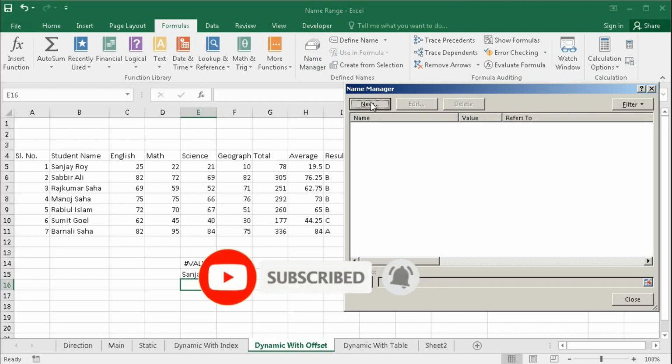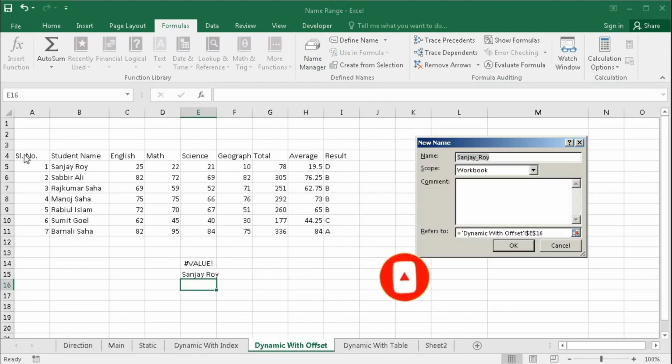Click on the name range, create new. If I want to create a name range for the total table, then first type the name of the range, that is student data. Then here delete this formula and type equal to OFFSET, bracket open. I click here for the first cell, comma, I will not go down any row because my range will start from here. So 0, I will not go to the right, so again 0, and height will be the count of these values.